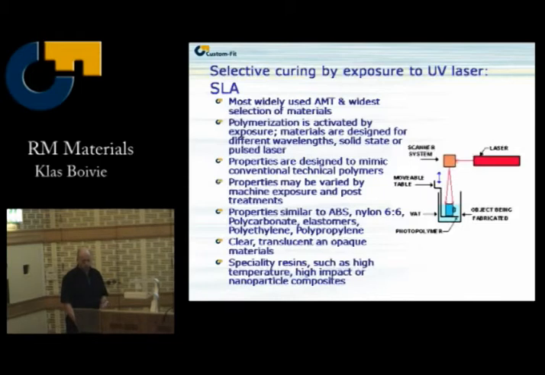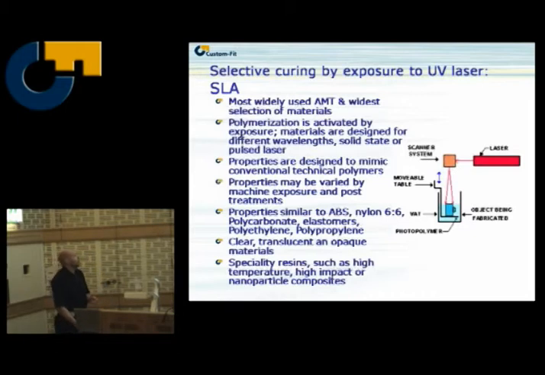The properties are in general designed to mimic conventional technical polymers. They don't really reach the same levels, but on the other hand, they may be quite satisfactory anyhow. They also mimic ABS, nylon 6,6, polycarbonate, polypropylene, polyethylene, and so on, elastomers. You can have clear, translucent, or opaque materials. Specialty resins are also made that are high temperature resistant, or some nanoparticle composites, to improve properties